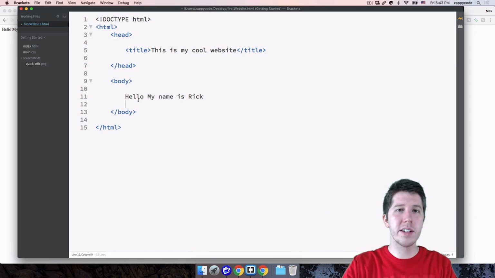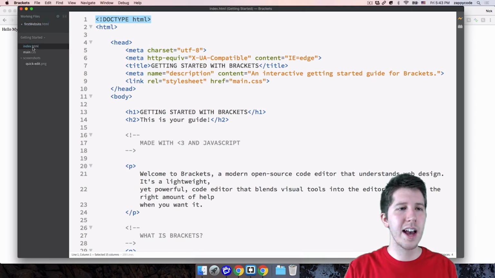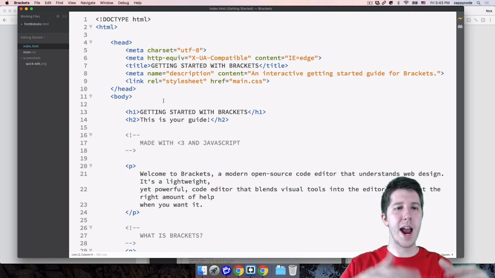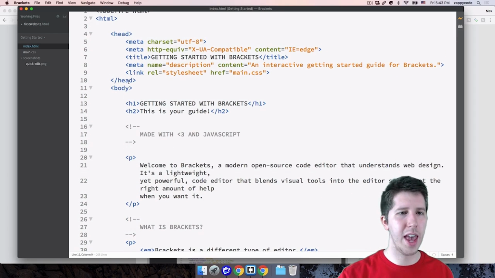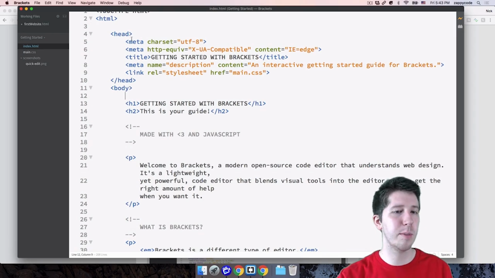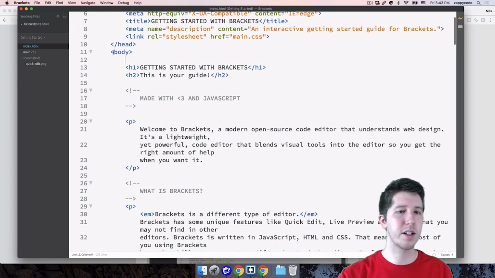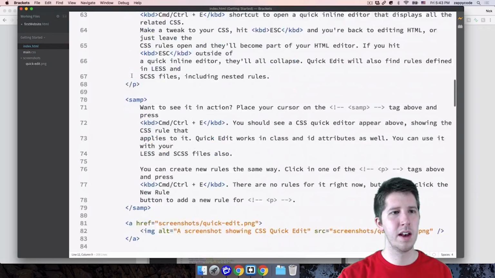If you want to see that this really is the case, go back to this index.html that Brackets had provided. And look, they've got doctype html at the top. There's their top HTML tag. Here they have their own head. Now look, they've set a title. There's some other things inside of there. But look, they've got a body tag and there's all of their stuff.